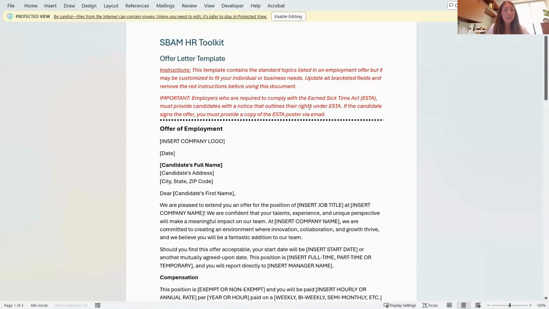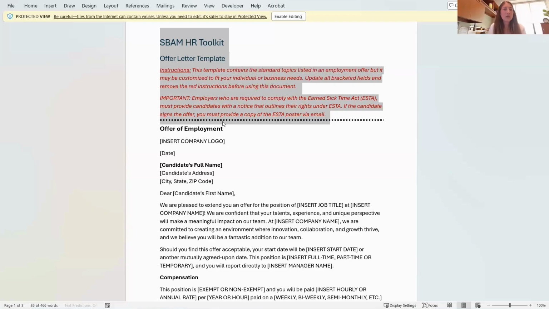So there are some instructions here, as I've mentioned before, that you'll want to look at. And again, just a reminder, all of that can be deleted when you're ready, or you can save a copy and make that your working document. But just know in this template, it's really the standard things that you would see covered in a typical offer letter. But it certainly can be customized. If something is in here that doesn't quite apply, just go ahead and delete it. And again, if that offer is signed, you'll want to give them a copy of the Earned Sick Time Act